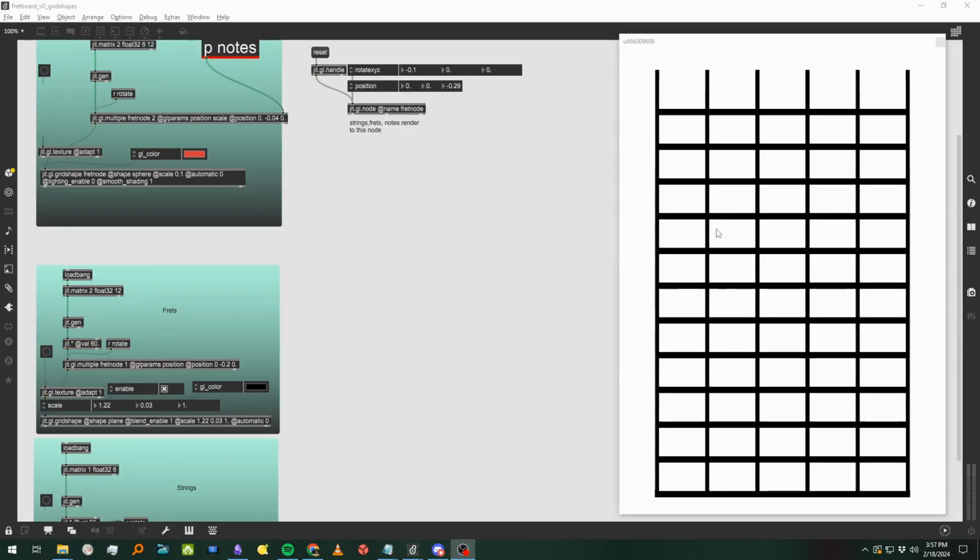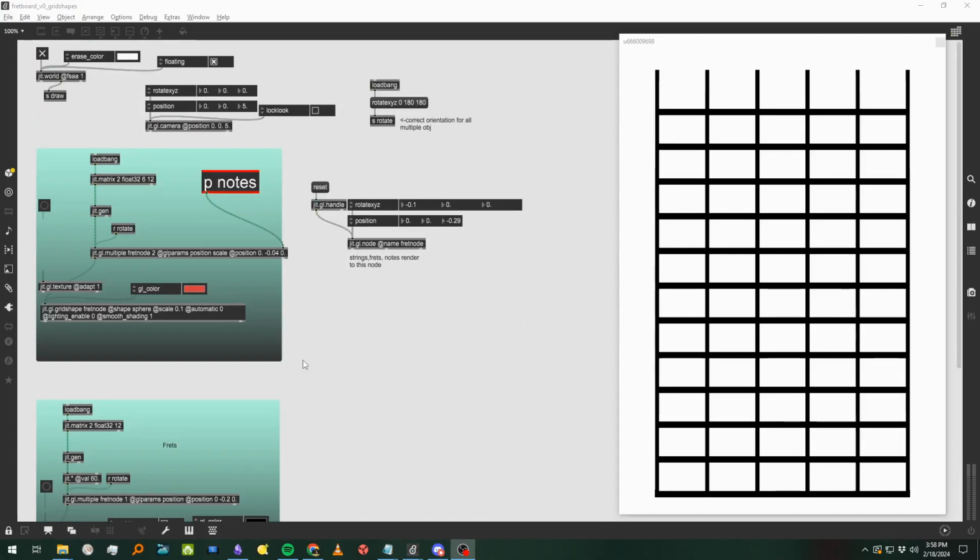I previously had image textures. Actually, I used just little PNGs for the strings and frets and the notes and placed them in a certain way. But anyways, I got it working in 3D. So the idea here is it's still using MIDI. So I'm using a piano to show the notes, but